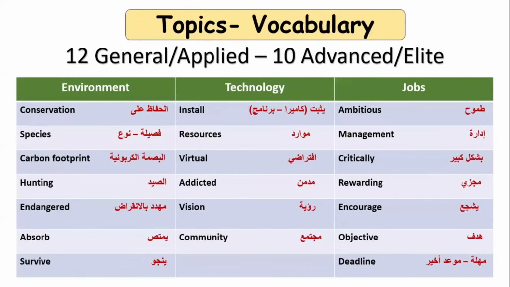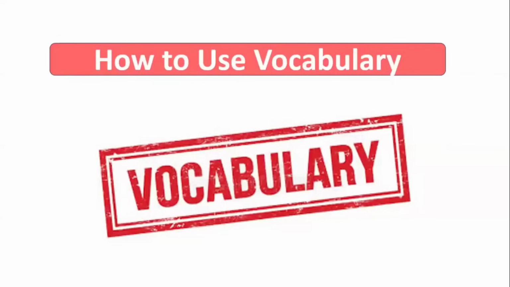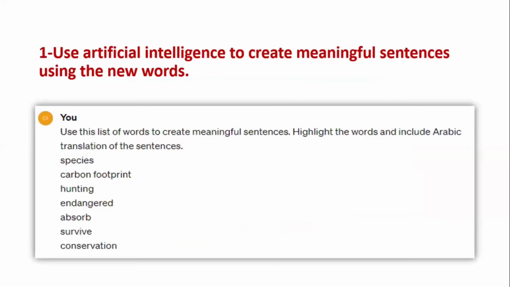So I thought of an idea that you might do in order to use the vocabulary in a good way, which is you can actually use any artificial intelligence app, for example, ChatGPT or something. The one you can see right now, I actually used ChatGPT for this. You can take the list of words in one of the topics. For example, I took the list of the environment and I put it in ChatGPT, and I asked ChatGPT to create a list of words,